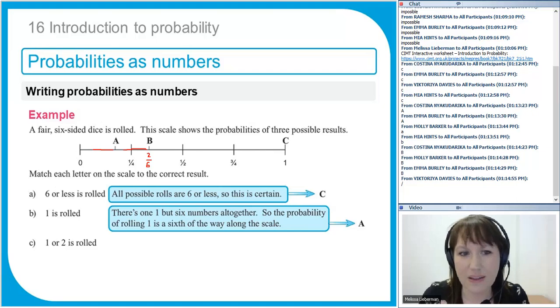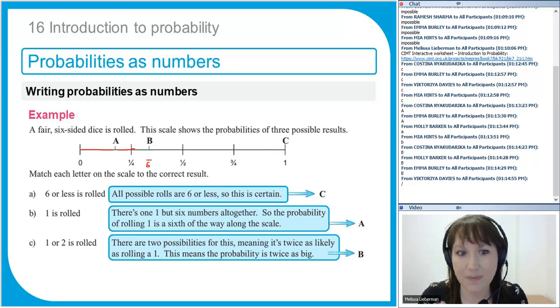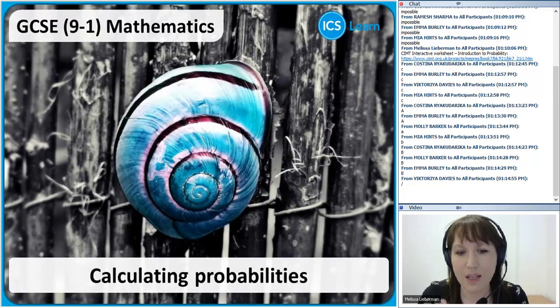And there's only one left as well, so part C, there's the probability here. Now, it's quite a common question to get on exam papers if you're doing foundation. On the first few questions, it would be a nice warm-up question. It will give you a probability line, it will give you an event, and you have to mark on the scale where you think that probability should be. Let's have a look in more detail at how we calculate probabilities.